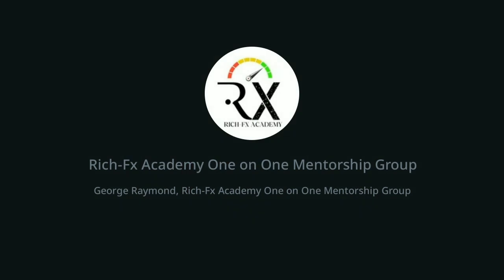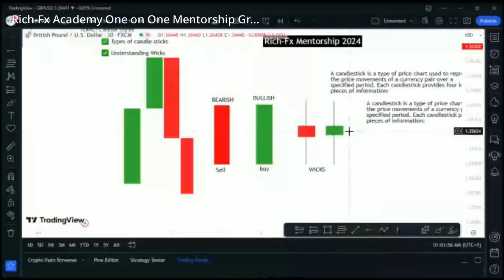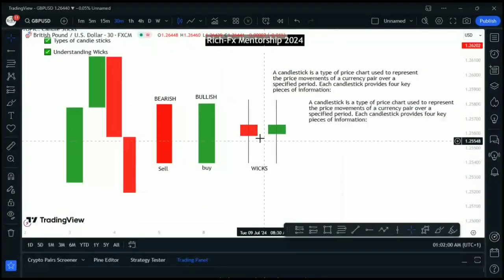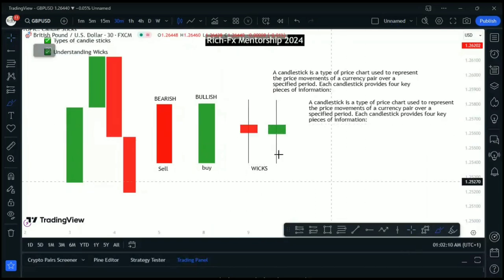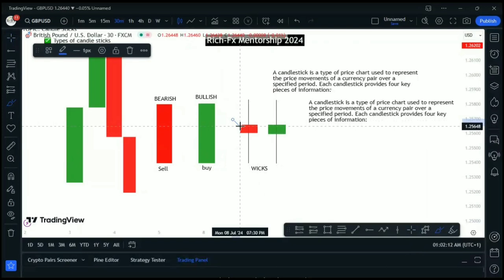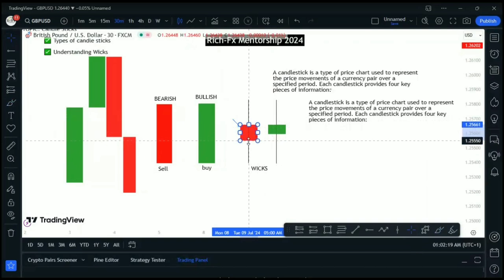Now let's be more practical. Now, once the market starts buying, so let's say for instance the candlesticks opened here. Remember, opened here. Now, as it opened there, what happened? Price started going down and going down. Once it starts going down, you see the candle automatically turns red because the market is indicating that the price is doing what? Going down.